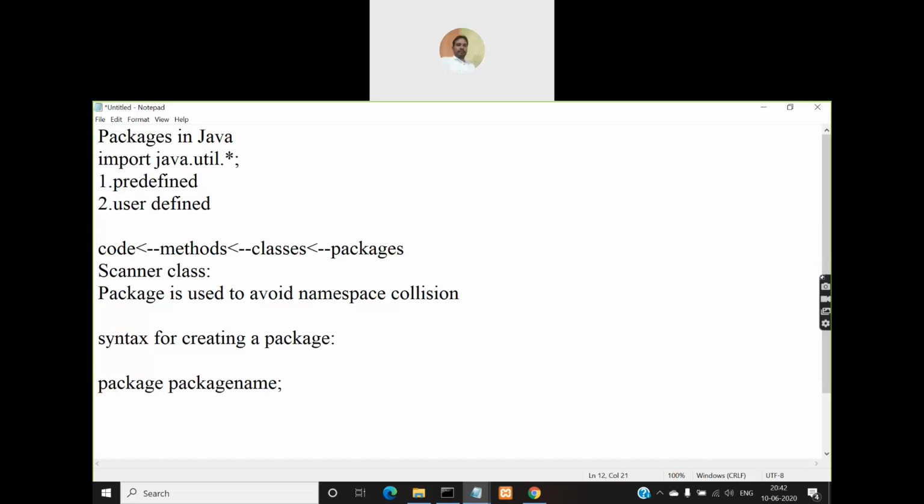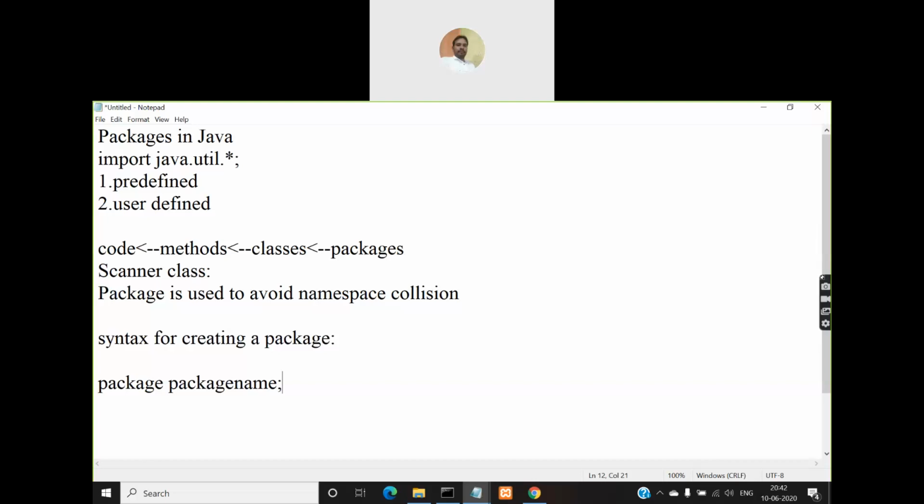The syntax for creating a package in your Java program is to use the keyword package followed by a space and give the name for the package. The name of the package should always be given in lowercase letters because it is the naming convention in Java. We follow this naming convention for everything: for packages, for classes, for methods.